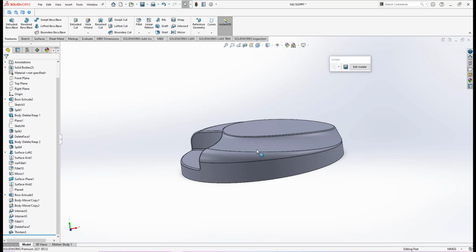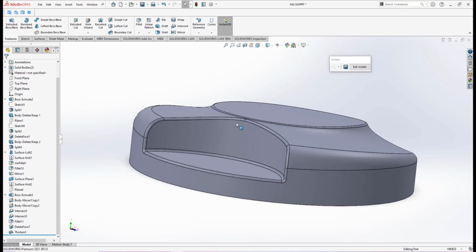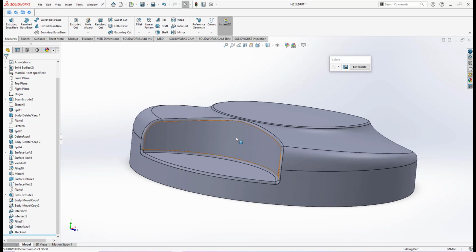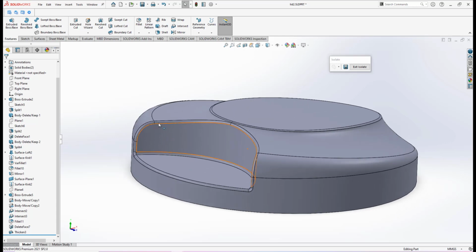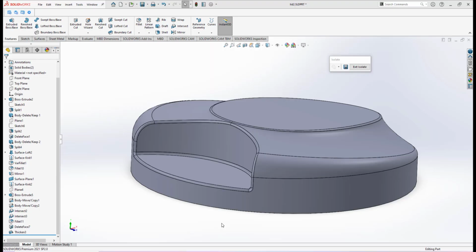Alright. Our first move here is we need to make a cutout, because there will be a handle here and there is a cutout. If you look in this photo, we have a cutout here and we have a hole. So we have a rope which is attached to the handle. Alright, so in Solidworks,